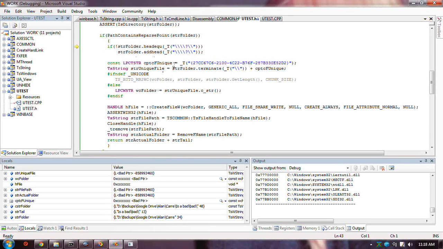Now I need to use a file function all the time. You have to use the wide character version and append this plain string. What I'm using here,